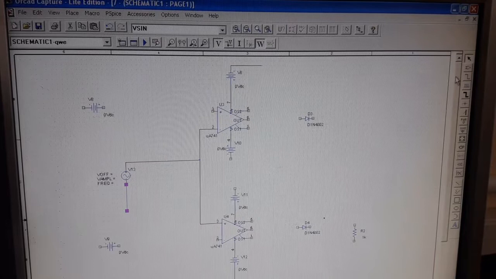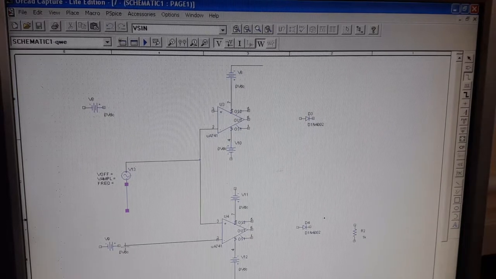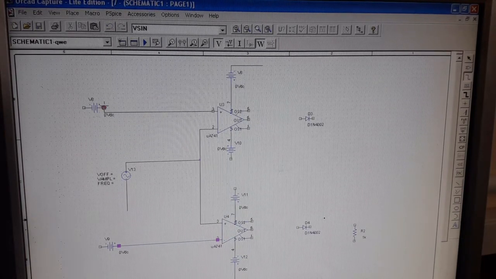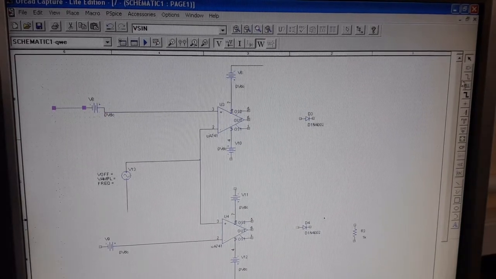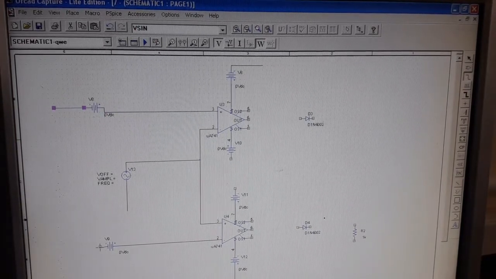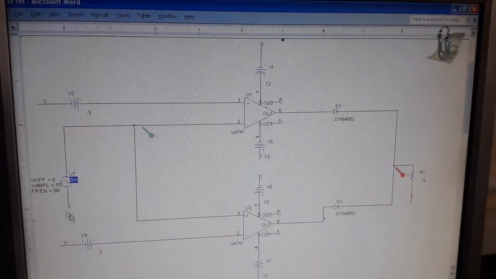And here again, click on place wire and connect the second pin of the lower comparator to the positive terminal of VDC, the reference voltage, and connect the third pin of the upper comparator to the positive terminal of V reference, the VDC. Yes, and again extend this line to place ground and then press escape button. Click on place wire icon, extend this line to place ground and press escape button. So now it is extended.